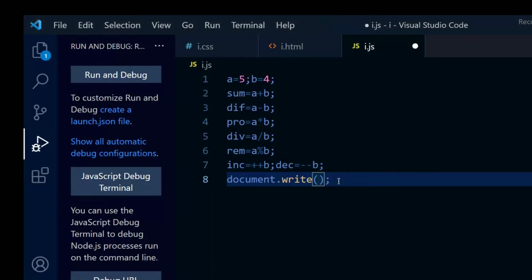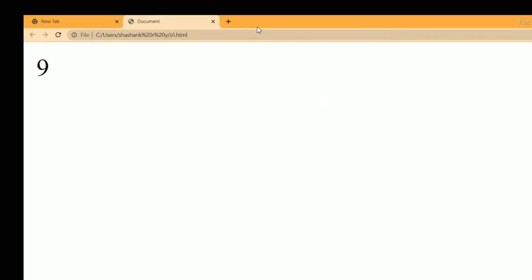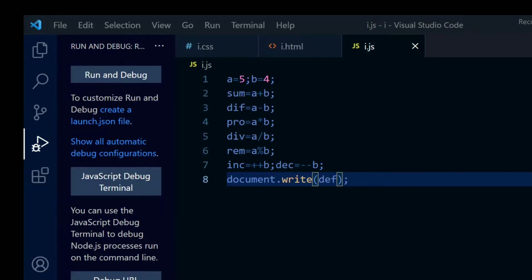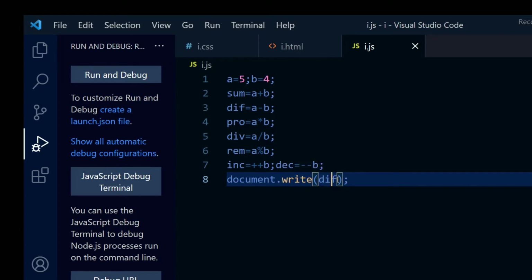When I use the difference, def, as the variable name, and I save it and reload the site, as you can have a look here, it is actually not showing anything, because we have used the variable name differently and it is an invalid name. Therefore I am using adiff. When I use adiff and I save and reload the site, it is showing me 1. Here we have the 1. This is how we use diff and sum.